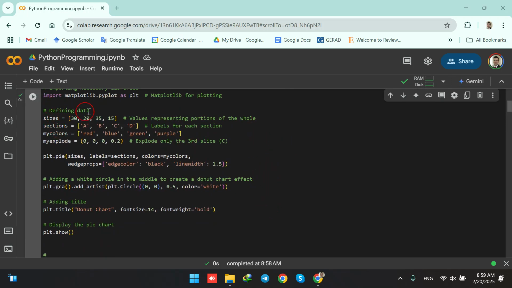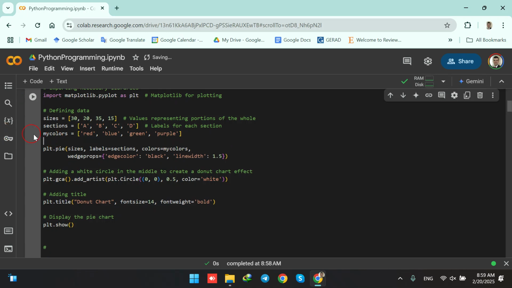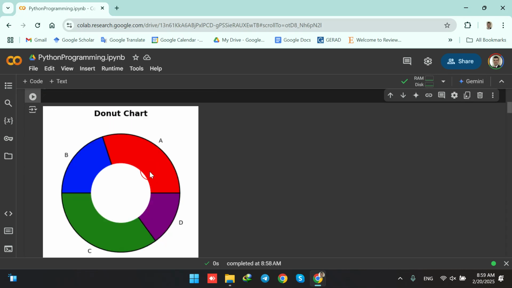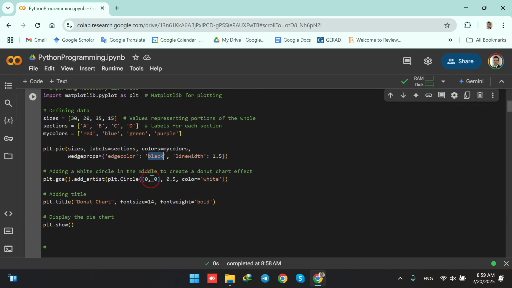We see that we are having the sizes, sections, colors, and the explode. Here we are not using the explode anymore, so I'm going to remove this part. Then we are having the pie chart here. What the pie chart is trying to do is the following. It is going to have the sizes, the labels, and the colors. Then we are having the edge color, which is black. And then we are having the line width, which is